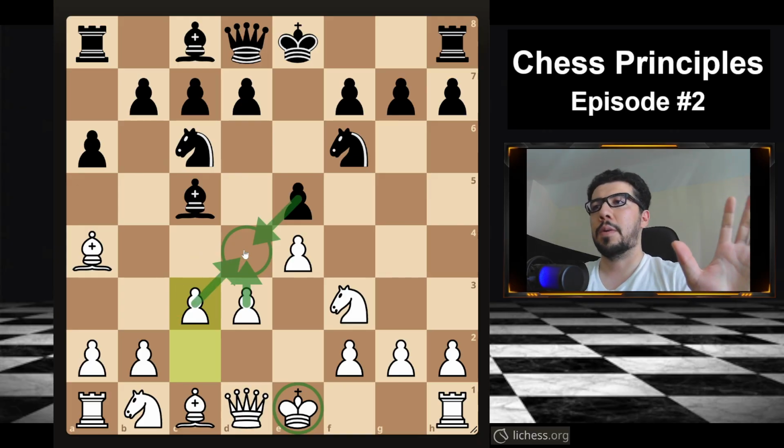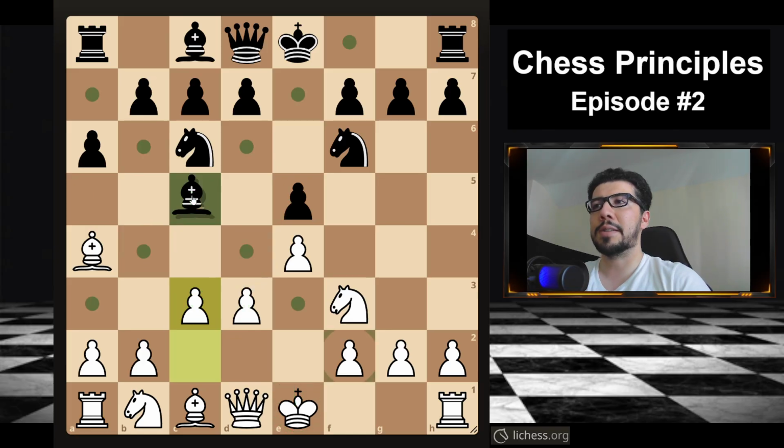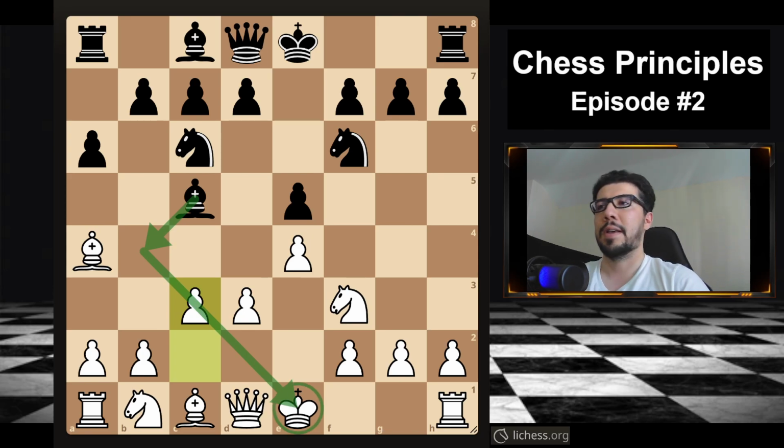You're like, why did I give white the full center? Well, this diagonal opened up for the bishop. So as long as this square is not controlled by white, now black is ready to give these annoying checks. So that's the thing you need to keep in mind. And these are the ways that you can kind of get away,